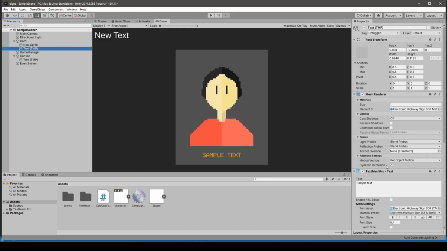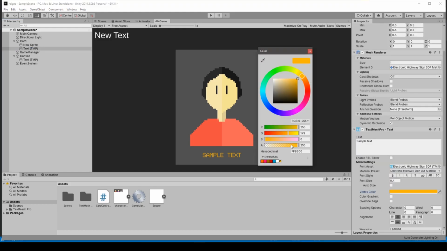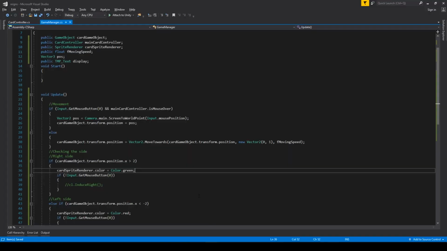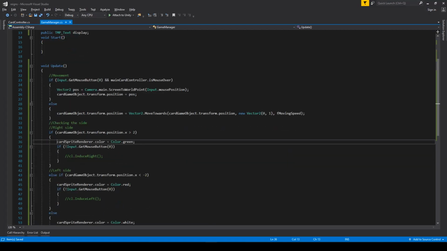Let's make this text, it's called vertex color. So what will we do, instead of changing the color,